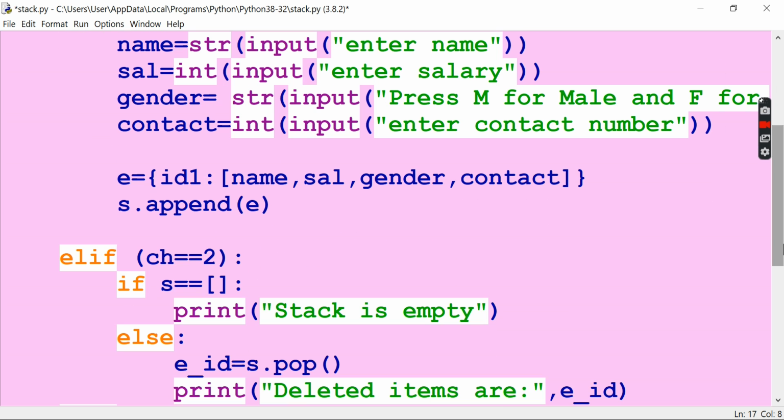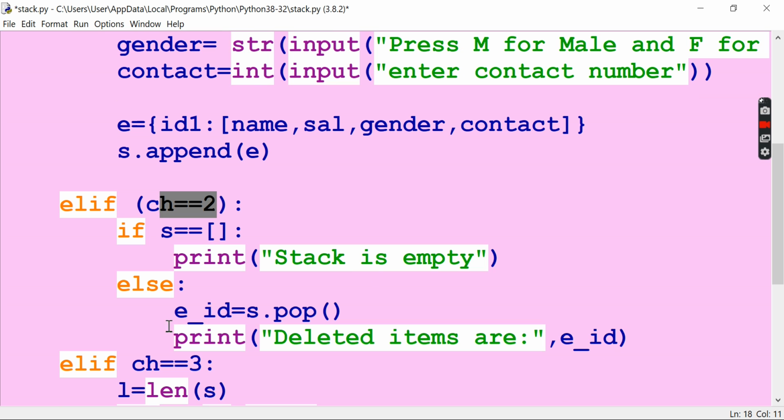And then if you press the pop operation, what should be done? The operation is done here. The s dot pop should delete a particular element from the stack. In the last year you learned the list.pop operation takes out only one element at a time.